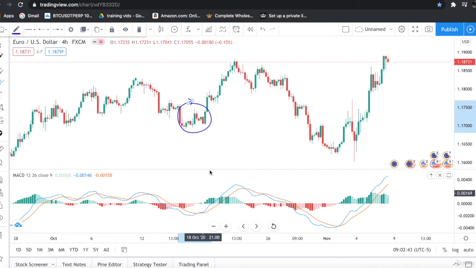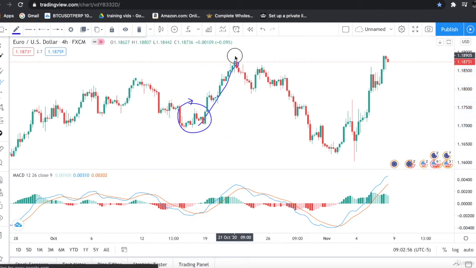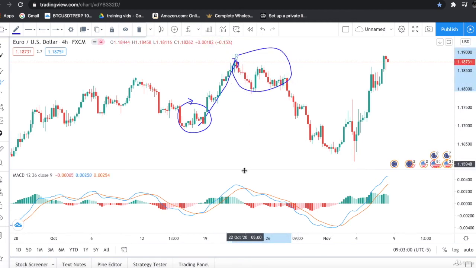And as you can see, the price then rallied towards the upside here. The price rallied all the way up. Then the price was consolidating over here. Now look at the MACD. The orange line, which is the signal line, crossed over the MACD line. This gives us a selling indication. This is indicating that you should exit from the market now. And as you can see, after this the price dropped